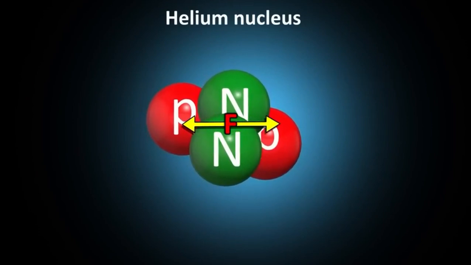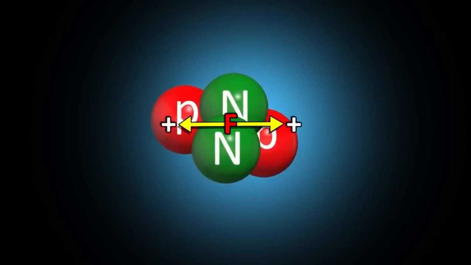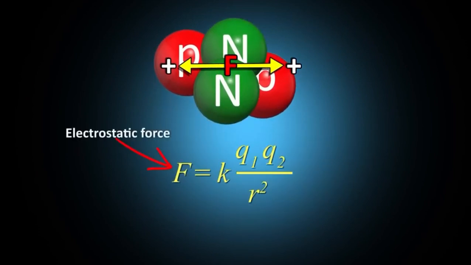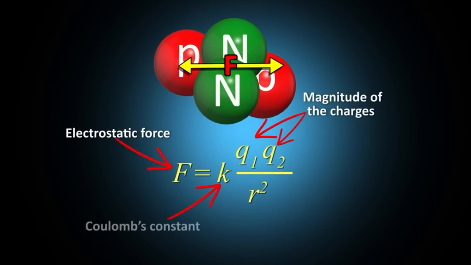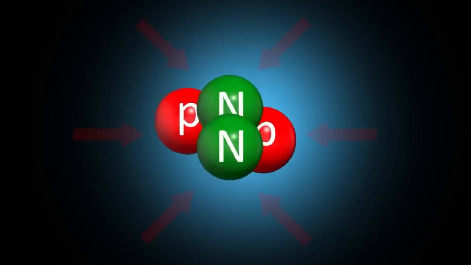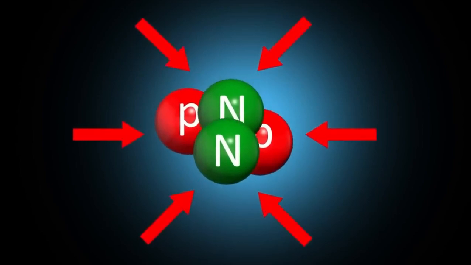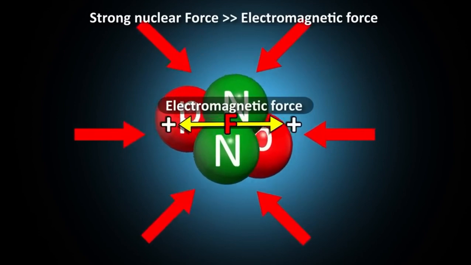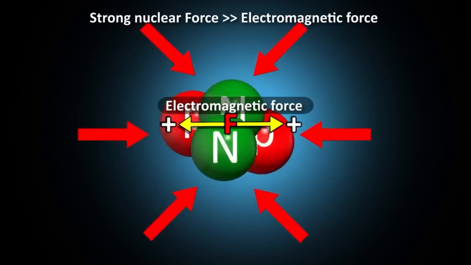Because protons have positive charge, and like charges repel each other, the forces of repulsion can be calculated by the Coulomb's law equation. The force is inversely proportional to the distance between them, r. In nuclei, the protons are close to each other. The electrostatic force between protons is enormous, so what keeps them together against tremendous repulsion? That is the strong force, which